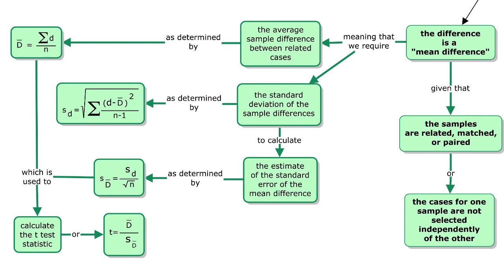Once we've calculated the standard deviation of the sample differences, we need it to calculate the estimate of the standard error of the mean differences. And lo and behold, this also is provided through a formula, which begins S sub D bar equals, and so on and so forth. Once we have the formulas for D bar, that is the average sample difference between related cases, as well as the estimate of the standard error of the mean differences, or S D bar, we use these two values to calculate the t